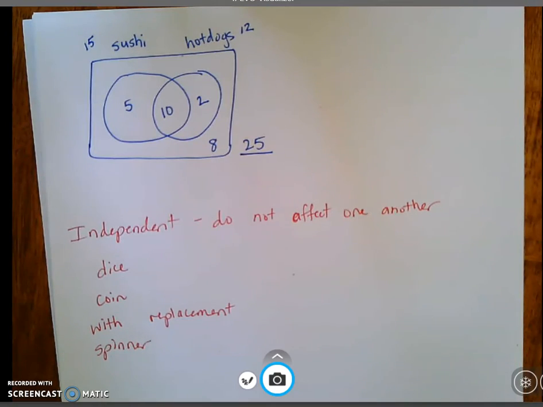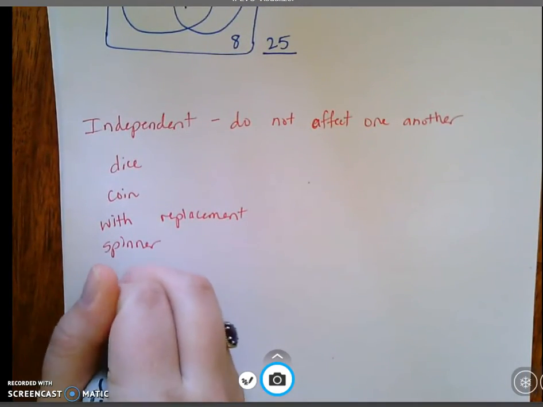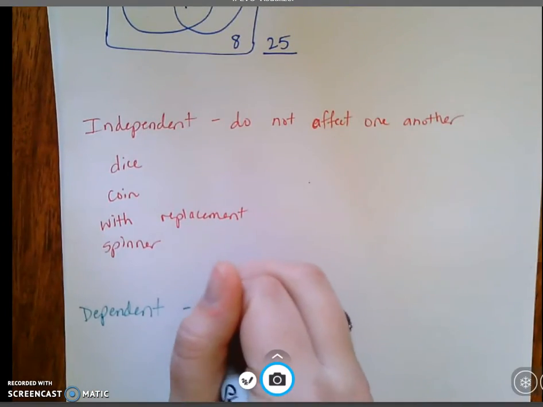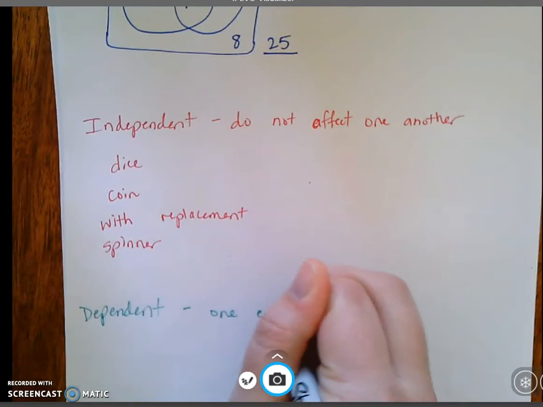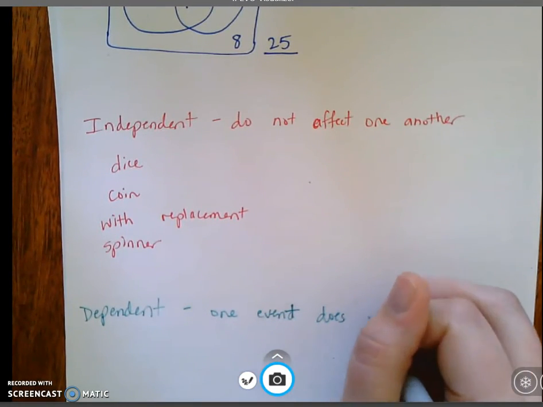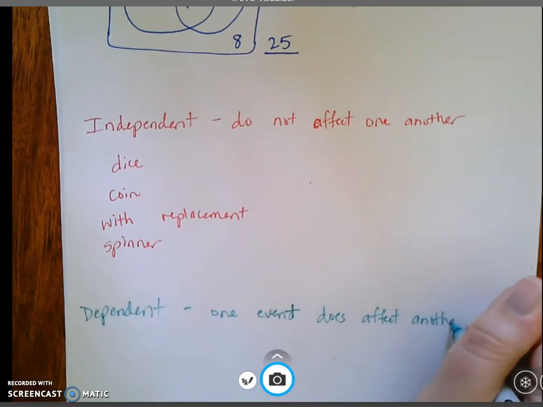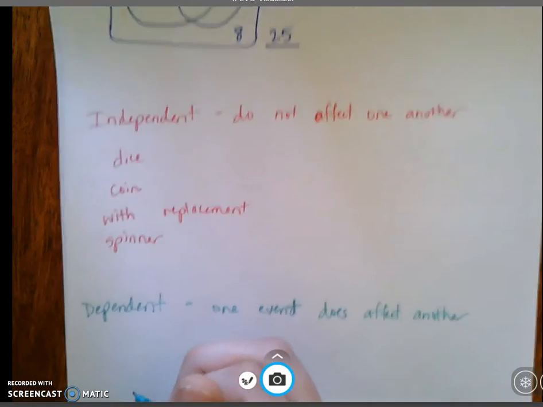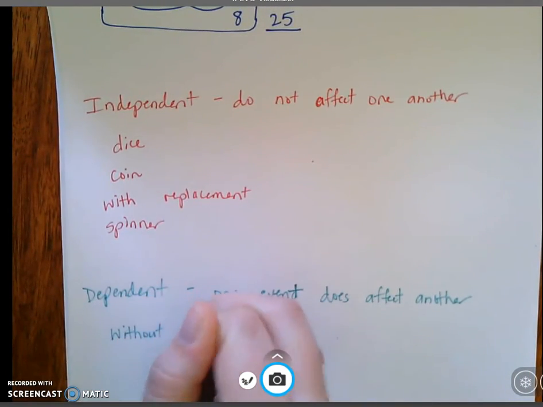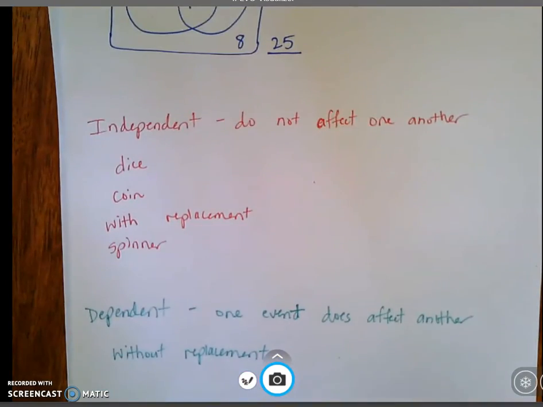Okay, we also have dependent events. One event does affect the other event. This is when you draw something without replacement. So if you pull a card out of 52,